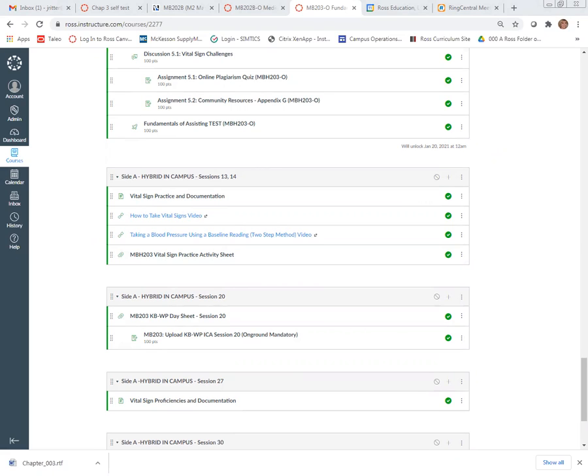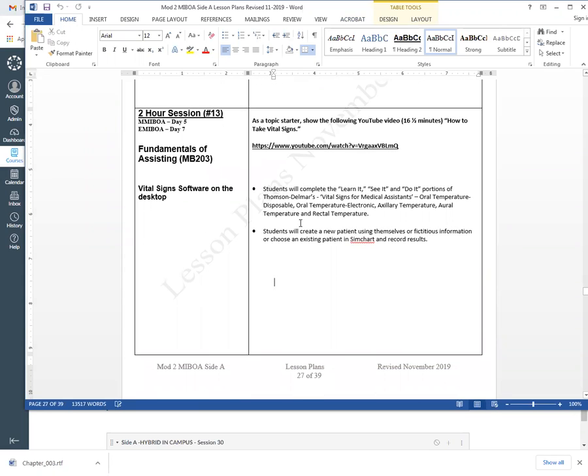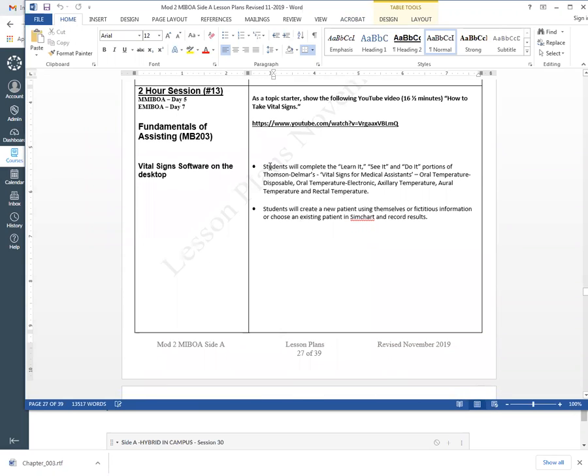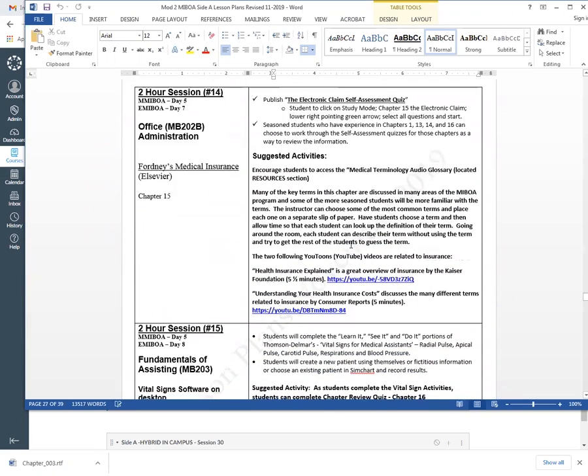So this one's going to be pretty easy, I think. Okay, so here, let me give you an idea. Okay, so this one says vital sign documentation, and then it has the 2 videos and then the practice sheet. So here's a lesson plan. So here's the video that's already embedded, and then here is the software on the desk. They don't have this desktop software, so you don't have to say anything about that. And then here is